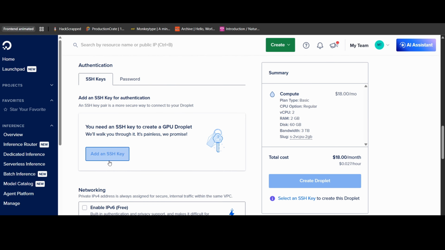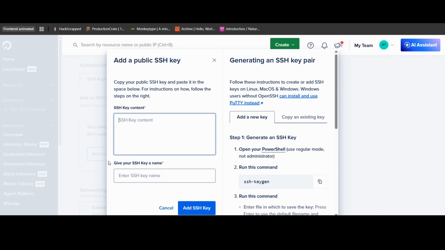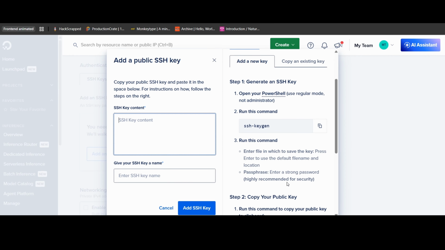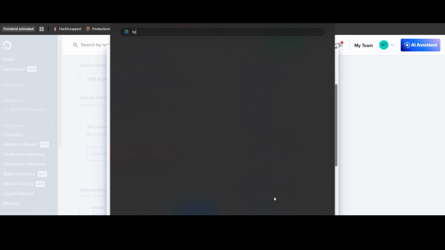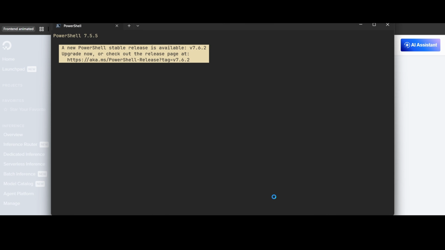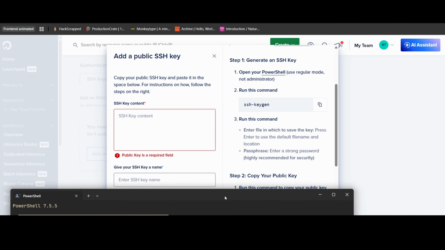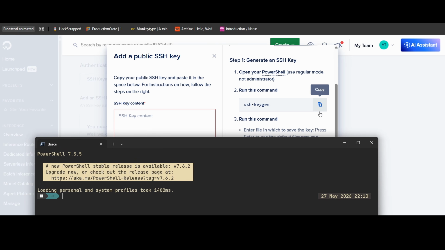Now we are going to add an SSH key to our VPS, and they have given us all the steps that we need to follow in order to get an SSH key. This is according to the operating system that you are using this website on. So mine is on Windows, so it's giving me those steps. So first of all, we will open our terminal, and look at how pretty it looks. Okay, so first of all, we will copy this first command and paste it into our terminal,